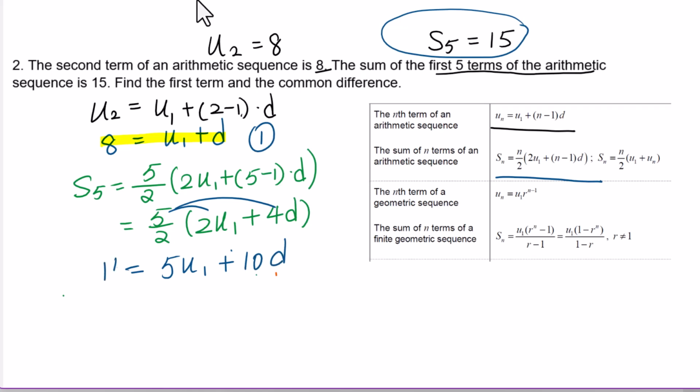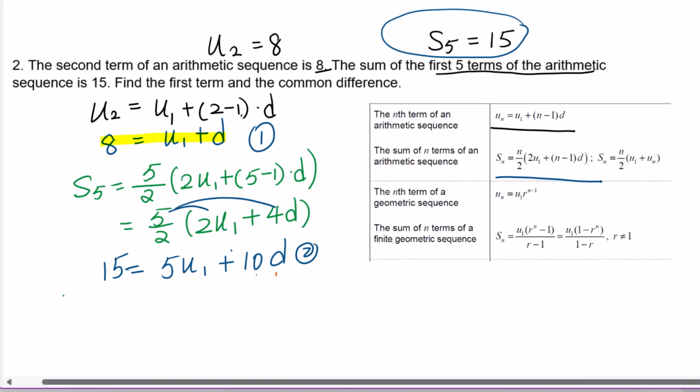S sub 5 is 15. Second equation. These two equations form a system of equations. We can solve this system of equations by substitution or multiplication. Let's solve by multiplication, times 5